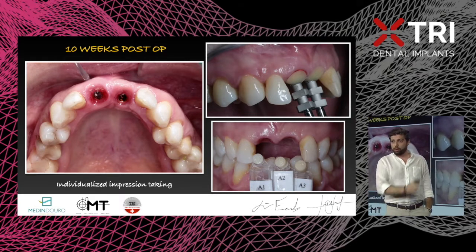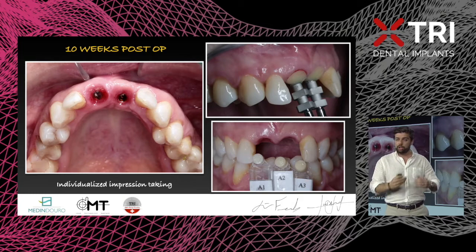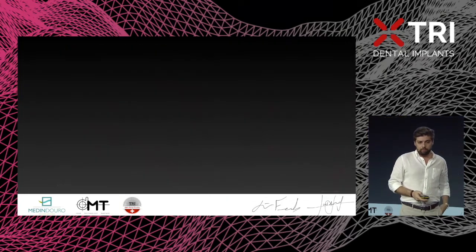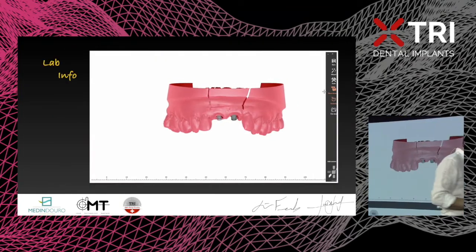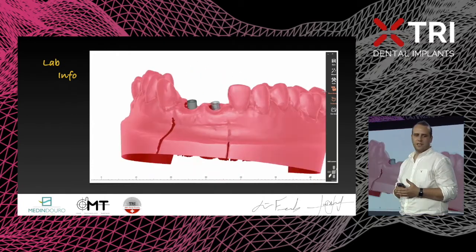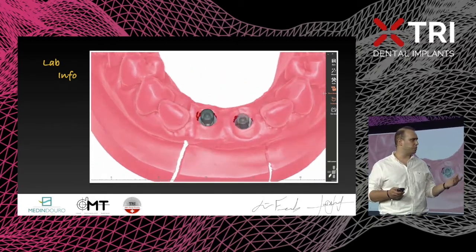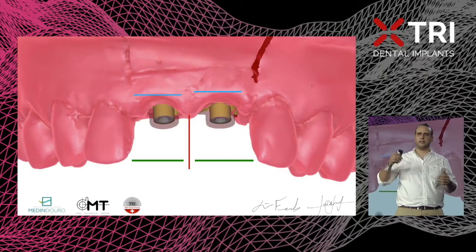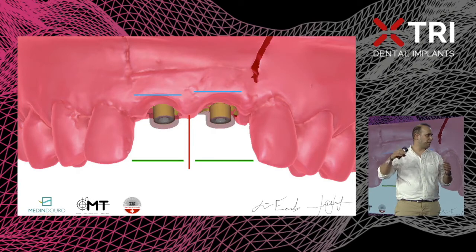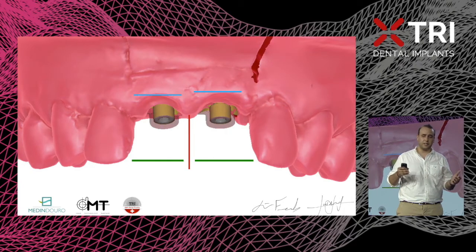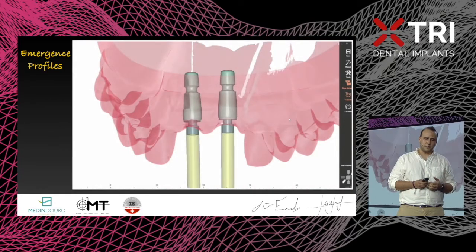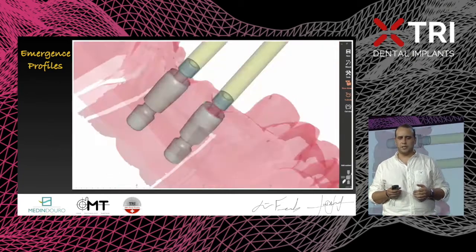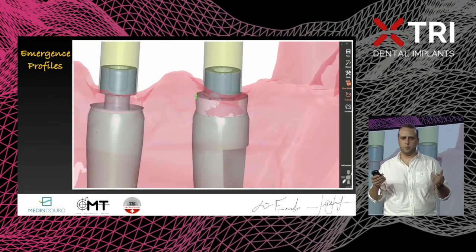You already know the case from the beginning on, but now he has all the information, and we start discussing. So in that time, João sent all information to the lab, and we can analyze everything together with the team. And João asked to level the zeniths to a perfect level, and to look for the incisor sizes and everything. And to work on those profiles, we have to increase the emergence profiles, and we can do it really